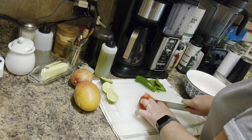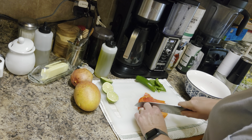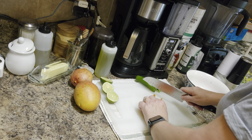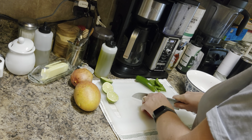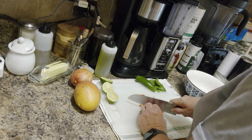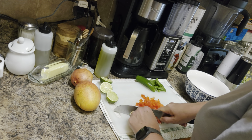I'm going to come back and show you, if you haven't got fresh mango before, depending on where you live, they might be hard to come across. I'll show you how you cut those. Also, if you don't have fresh, most grocery stores sell it frozen, and frozen is just as good because they freeze it when it's at its peak. You can cut it up and use that in its place. It'll create a little bit of juice actually, which is kind of nice as well. So let me continue on with the pepper,